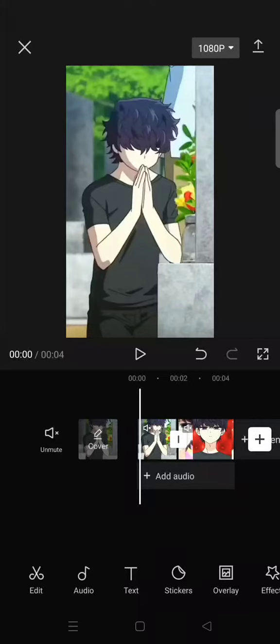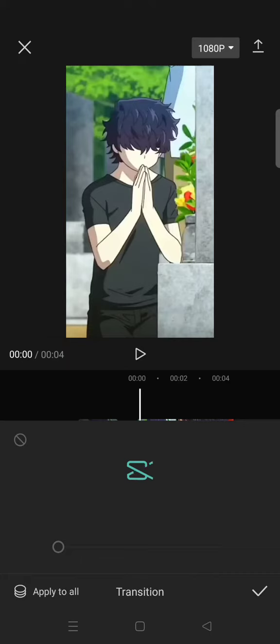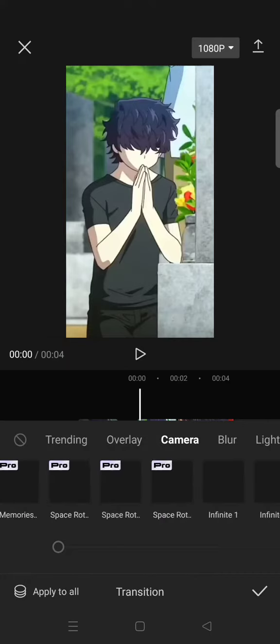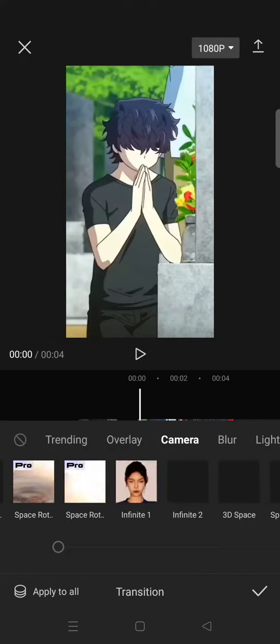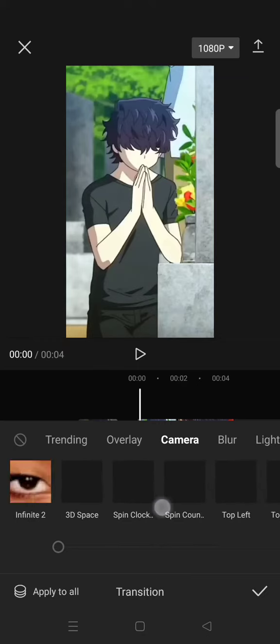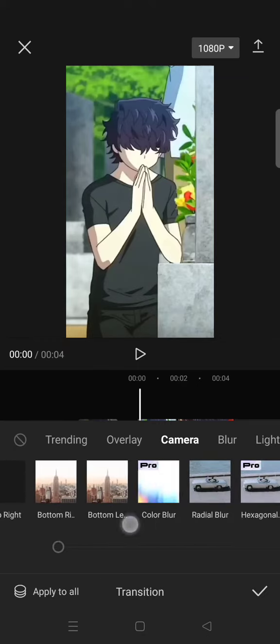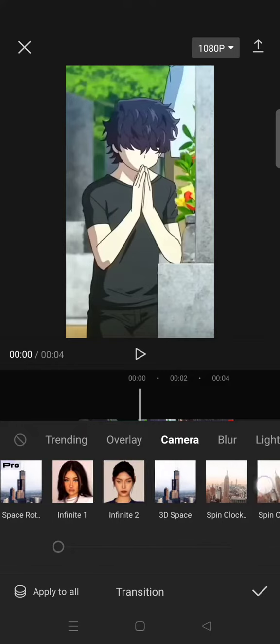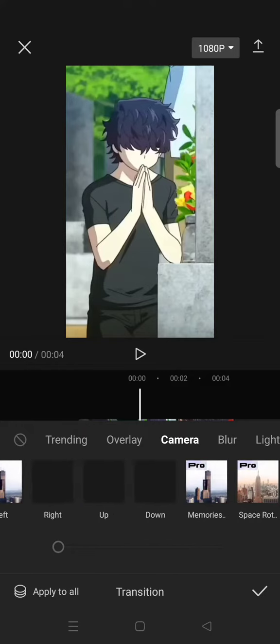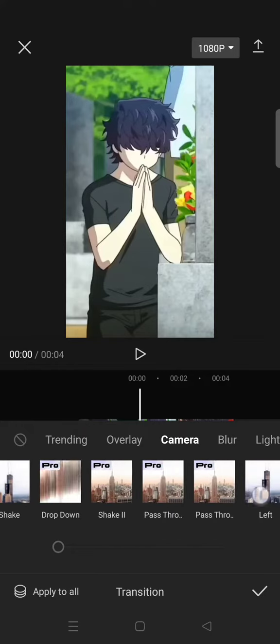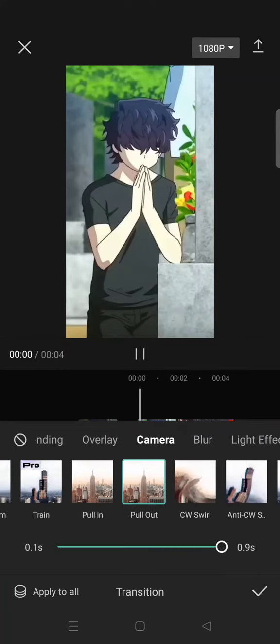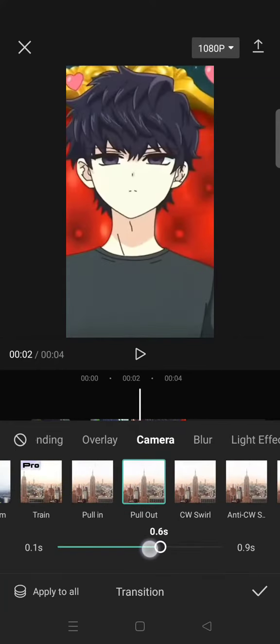In this video, I'm gonna show you how you can create a smooth shake transition for your videos in CapCut. So first, just add your clips and then click on the transition box. Click on camera and find the pull out transition. Okay, this one, and adjust it for